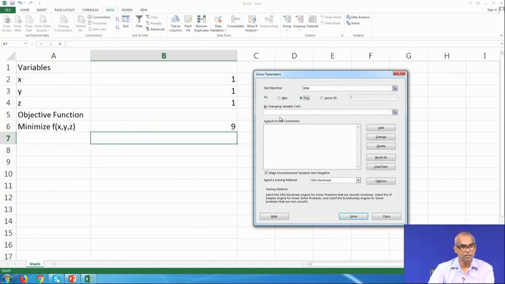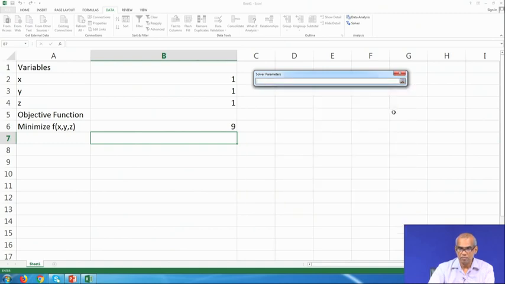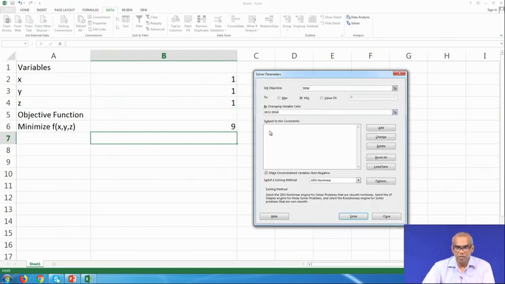So, we have to set B2, B3 and B4. To do that, click on this red button and then drag the cells which contain x, y and z. Click on the red button and you see B2 to B4 appears.